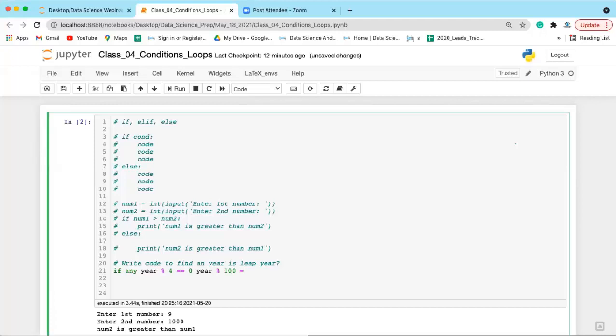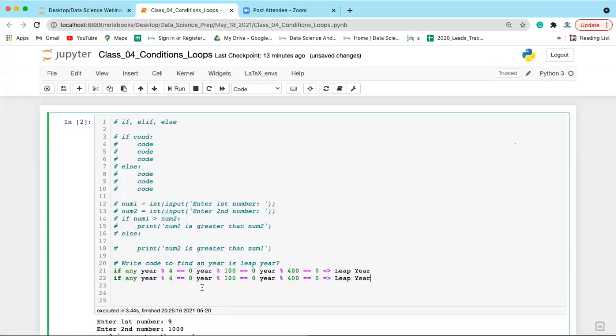If it is divisible by 100, then we check whether that year is divisible by 400 or not. And if it is equal to 0, then we say that it is a leap year. Now if any year is divisible by 4 and divisible by 100 but not divisible by 400, this condition is evaluated as true.